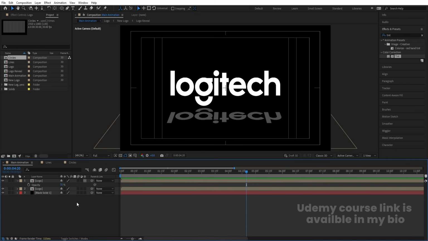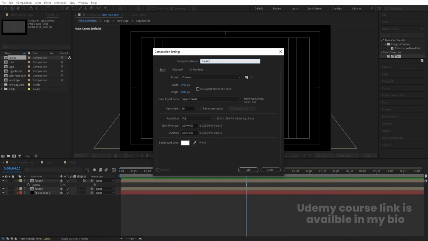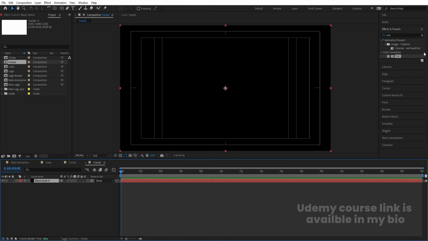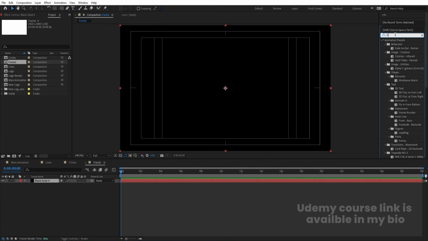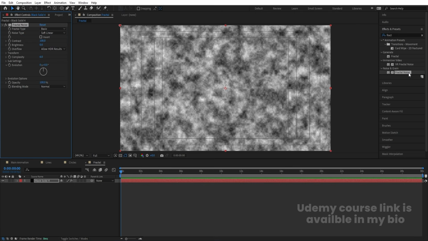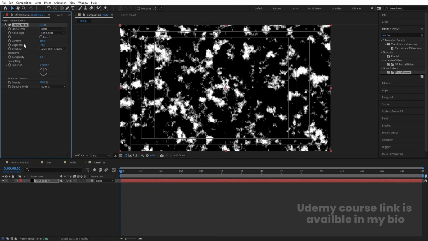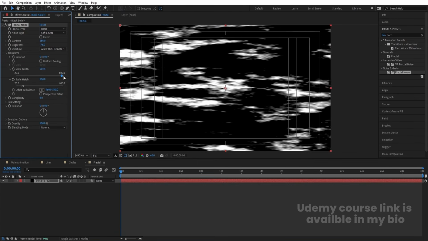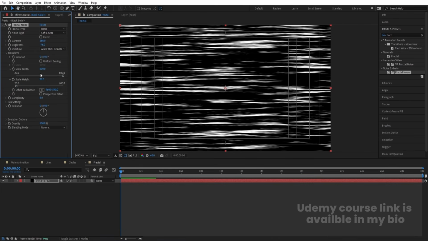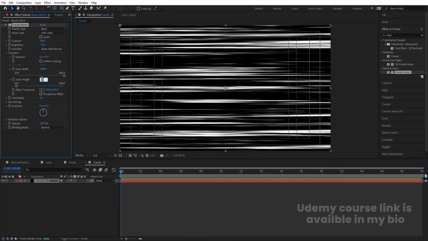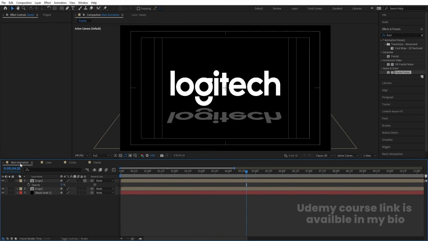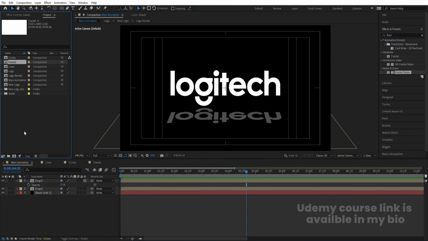Now I'm going to press Ctrl N and I'll call it fractal. Press Ctrl Y, go to the effect and presets panel and search for fractal noise effect and double click to apply, and increase the contrast and decrease the brightness, and go to the transform properties, unlink this, decrease this, increase the scale width and decrease the scale height, and let's make this scale width to around 2000 and scale height to 5. Let's go to the main animation, hit Ctrl 0 and bring this fractal over here, and let's hide